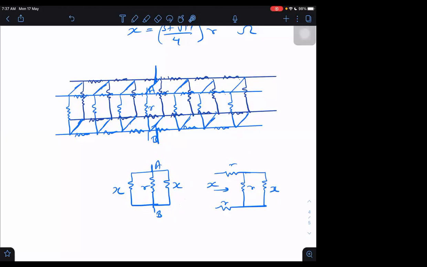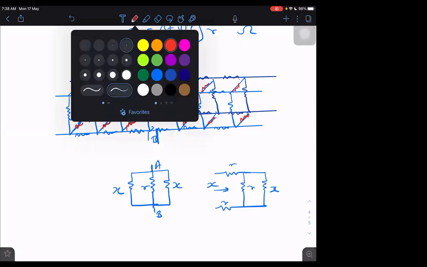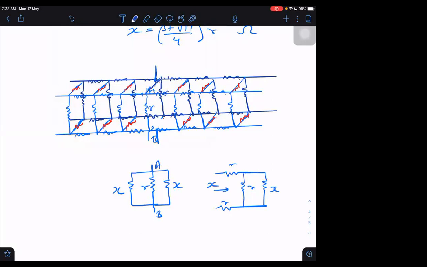If I connect in between some resistances also, what difference would that make? Let us check once. If I connect some resistances here this way, horizontally, these red resistances are all horizontal resistances connected between two vertical networks. Except in the middle one, I don't need to connect. There it is just connected directly by conducting wires.